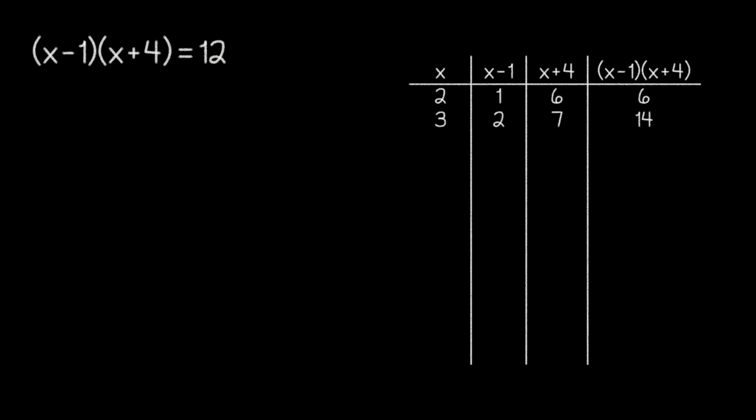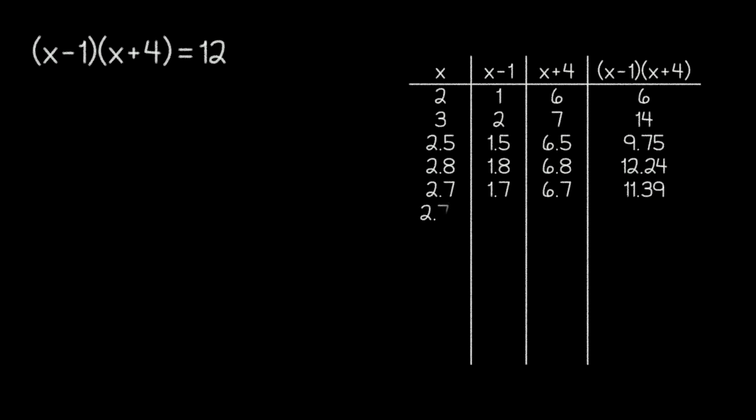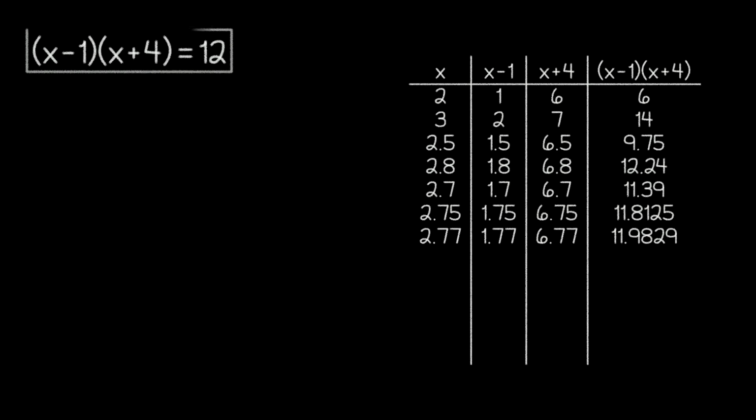This might give us an indication that the actual answer is somewhere between 2 and 3, and if we tried out some decimal values, we could get increasingly close to 12. Still, it would be nearly impossible to get the exact answer just through guessing and checking. To illustrate another challenge here, suppose we modify our equation so that the factored expression needs to be equal to 6. Initially, this would appear to make things much easier since the factored expression evaluates to 6 when x is equal to 2. So our answer should be 2, right?